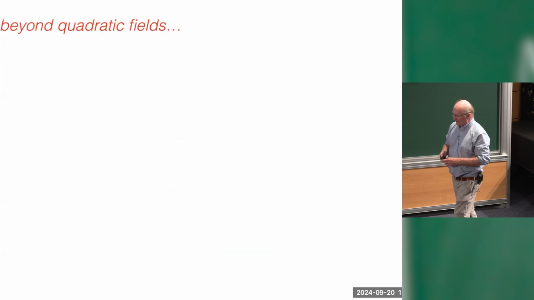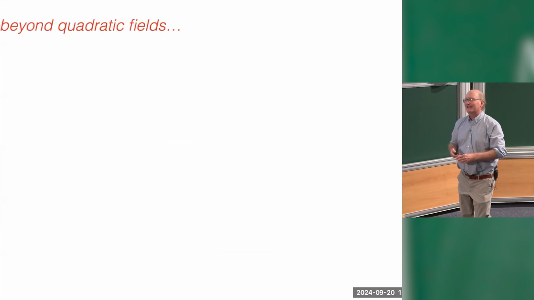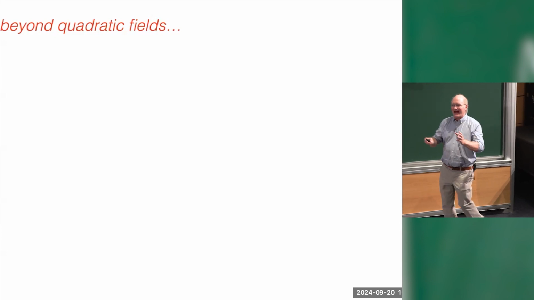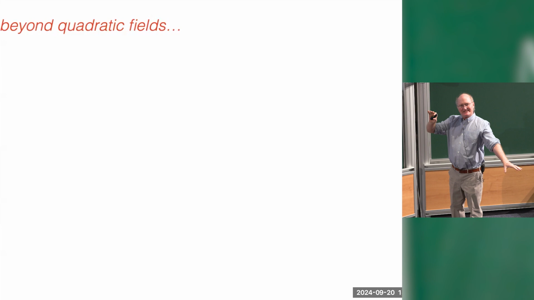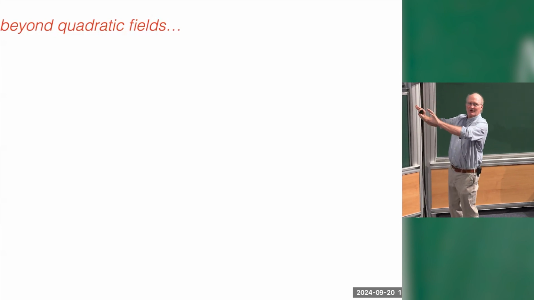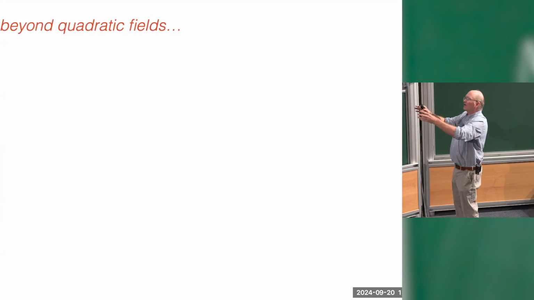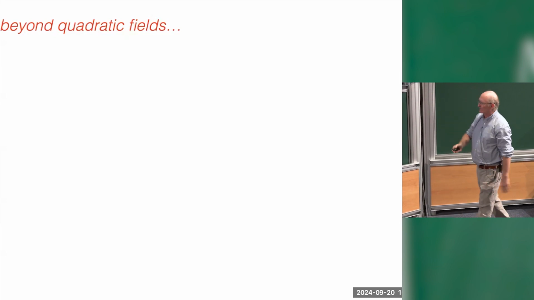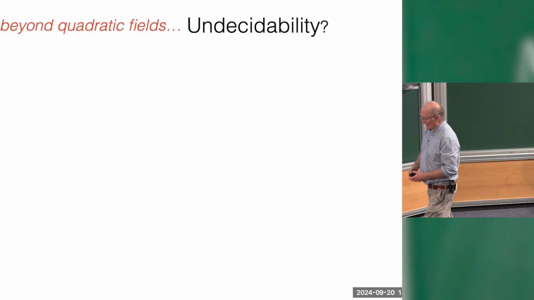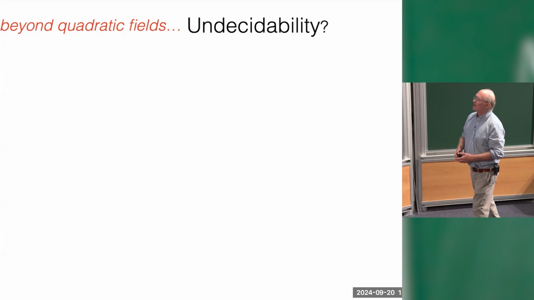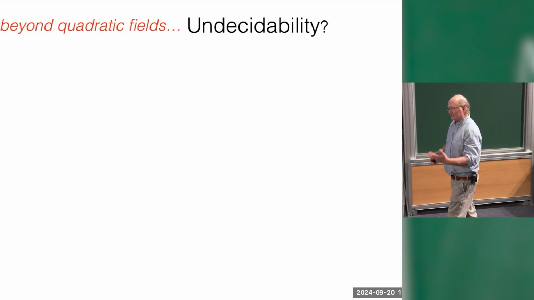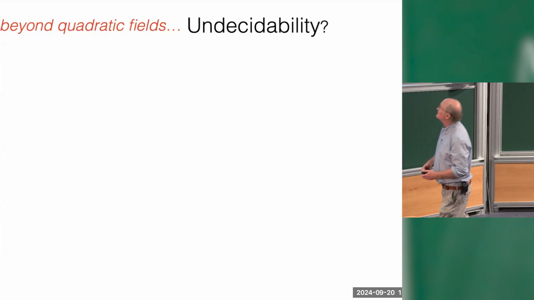Okay, so I have to confess, this only works for quadratic fields. It only works for Hilbert modular surfaces. And you saw why. I have these two competing terms. One goes to 0 exponentially fast. The other goes to 0 somewhat slower. But if there were two terms going to 0 somewhat slower, they might together grow like e to the 1.5 times t, and then they would beat the first term. So this argument doesn't work beyond quadratic fields. In fact, we seem to be brushing very close to some kind of undecidable problem when we try to extend this theory, for example, even to cubic fields.